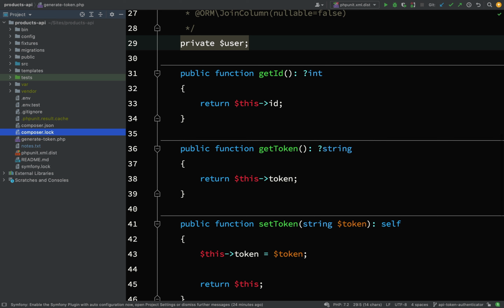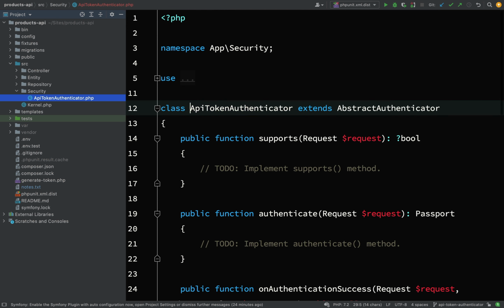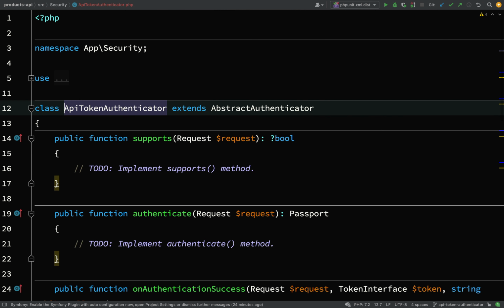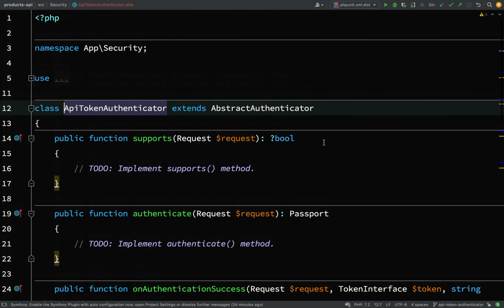Let's go over to our source folder, and then in Security you'll see a new file here, ApiTokenAuthenticator. And don't worry, this might look a little bit scary at first, but I'll talk you through all of these things. Basically what happens is